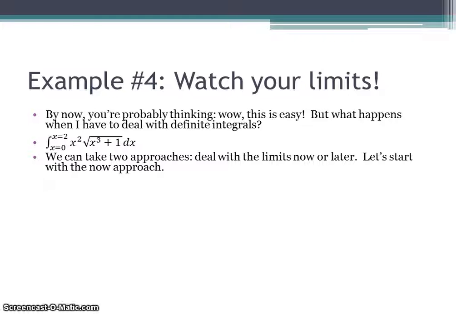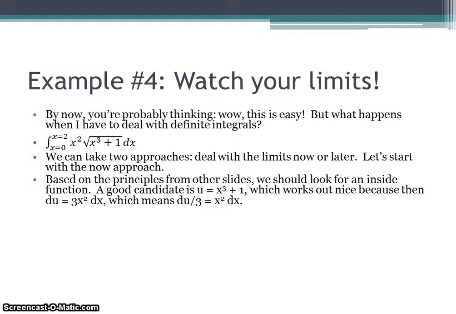So we could take two approaches. We can deal with the limits now, or we could deal with them later. Let's start with the now approach. No procrastinating here. Based on the principles from other slides, we look for an inside function. We got a square root. It looks like there's something inside that square root, so a good candidate would be u is equal to x